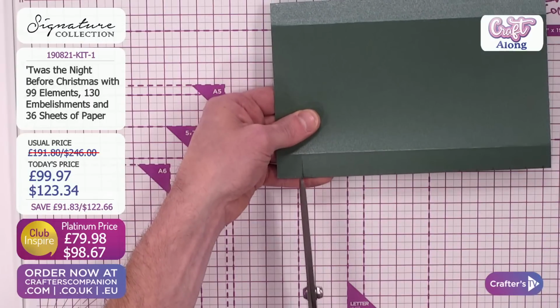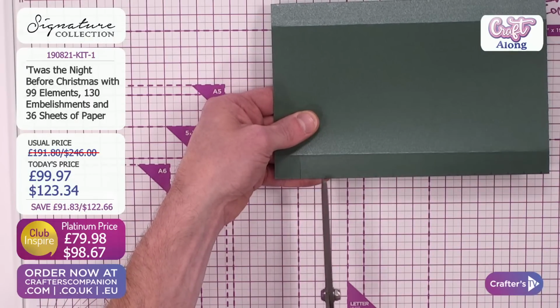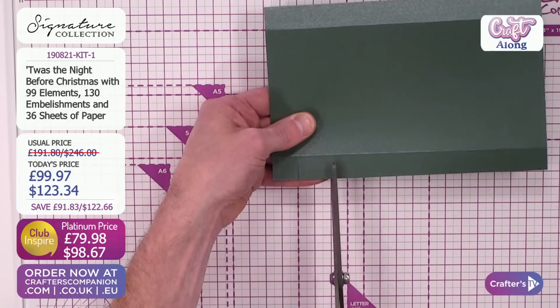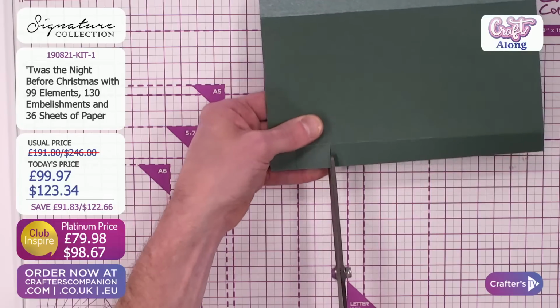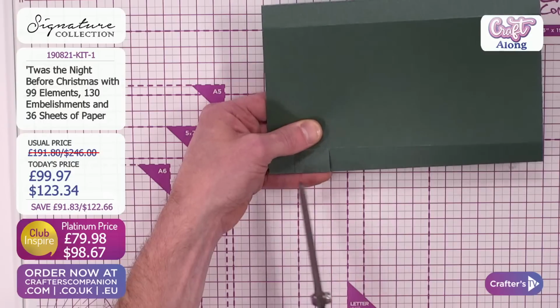So then, once again, there is our pencil line. Then what I'm going to do is skip this next one, and then between the 3rd and the 4th pencil line, I'm going to do a snip. And then, skipping this next one, I'm going to go, so 1, 2...